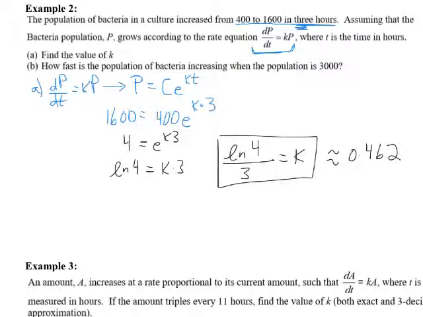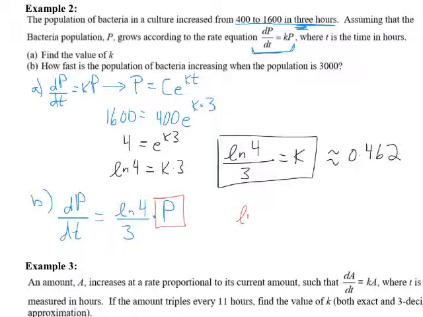Part B, they asked us to find how fast the population is growing when the population is 3,000. Well, now that we know our value of k, we can write that in there: ln of 4 over 3 times population. And in this case, the population of interest is 3,000. So we're going to plug that 3,000 in right there, and we get ln of 4 over 3 times 3,000,